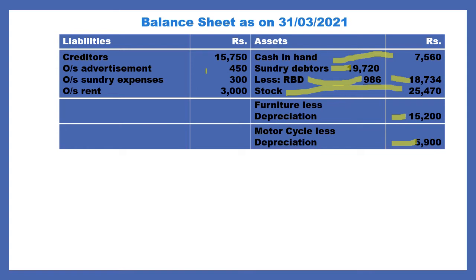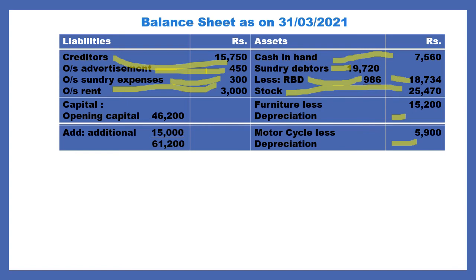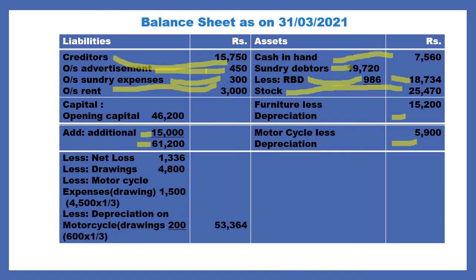Next, liabilities: creditors 15,750, outstanding expenses, advertisement 450, sundry expenses 300, rent 3,000 rupees. Next, capital, closing capital calculation. We start from opening capital 46,200 as per the opening balance sheet. Add additional capital, so in this problem further capital introduced, so add additional 15,000, total comes to 61,200, less net loss as per the profit and loss account 1,336, less drawings